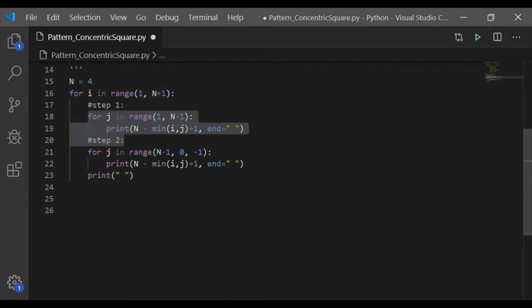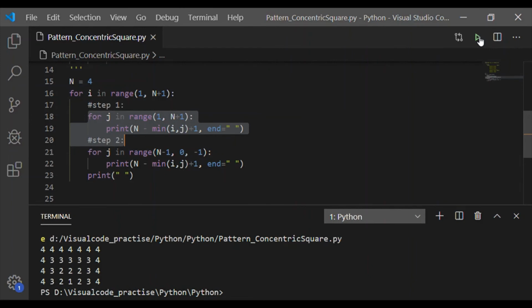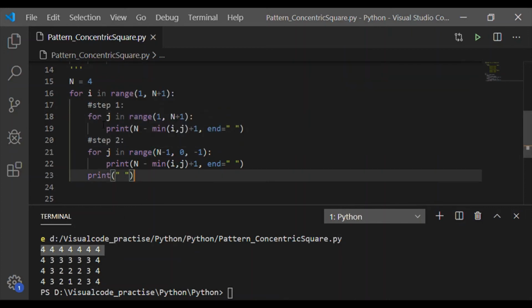The cell value again remains the same by using the same formula, n minus minimum of i, j plus 1. On executing this, we get both step 1 and step 2 of the concentric square pattern displayed, and as observed along the center, that is at the value of n, the left and right columns are the same.